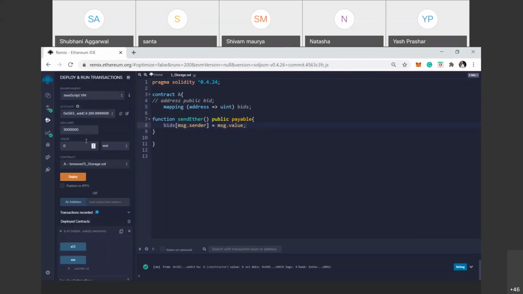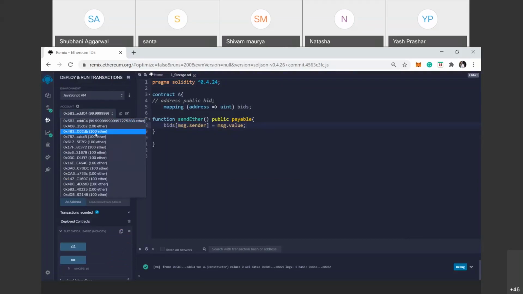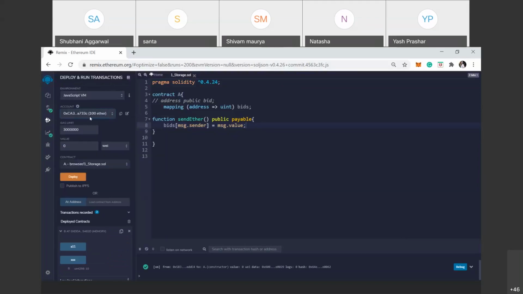So here we just choose one msg.sender. msg.sender means who is sending the message, or who is sending that particular transaction.